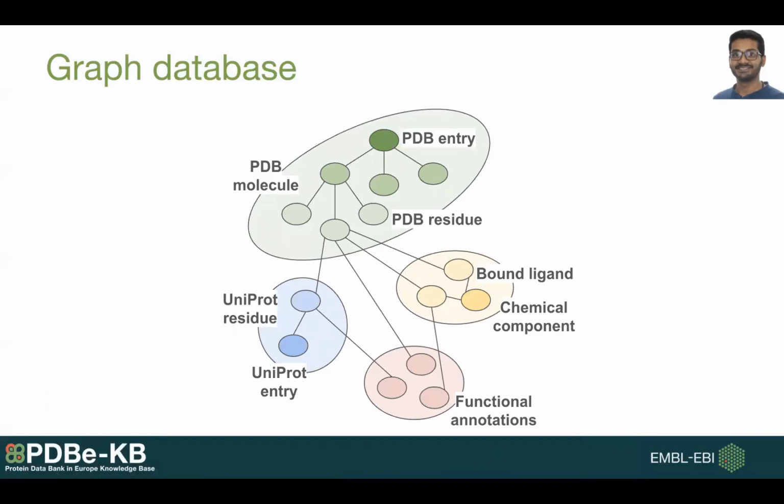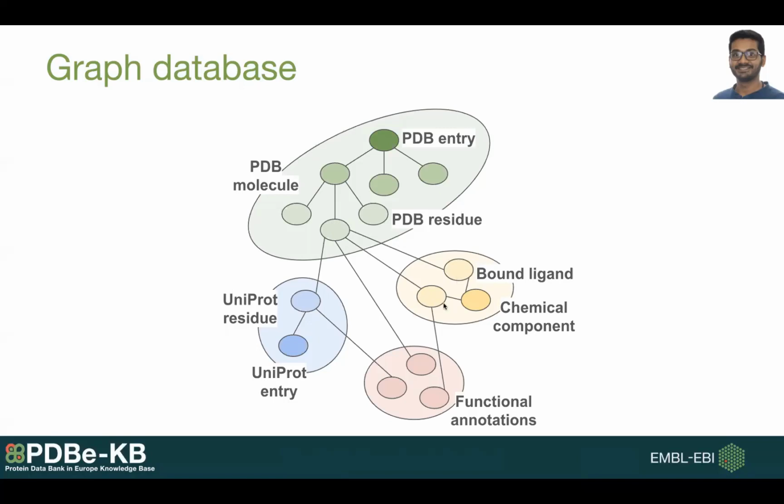So the way it works, this is a quite simplified view, but basically it conveys the idea that all the PDB entries have one main node, and then each molecule in that PDB entry is represented as other nodes, and those nodes have residues. And for each residue in the PDB, we are directly mapping to UniProt and the UniProt entry, as well as if that particular PDB residue is interacting with a small molecule, then this is encoded in